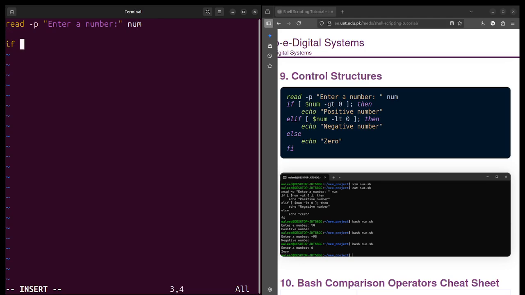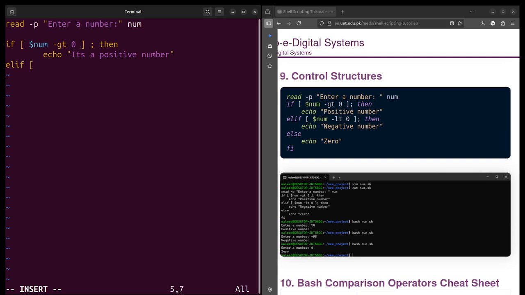Then if that number, so it will simply see what's inside the number using the dollar operator or dereference operator, and if that is greater than 0, then it will simply print it's a positive number.